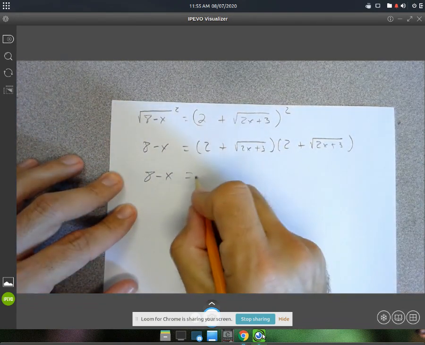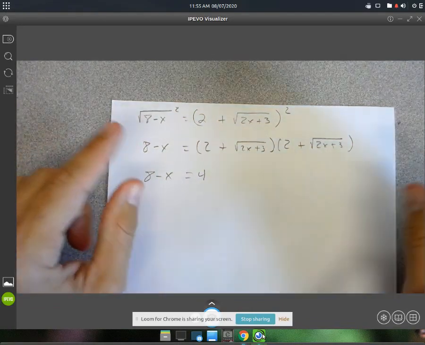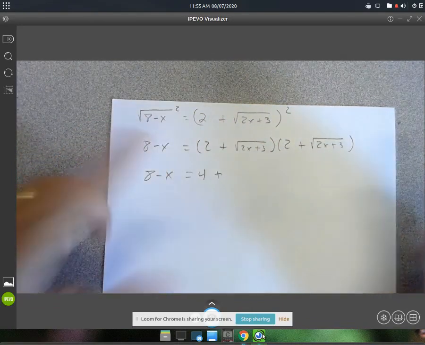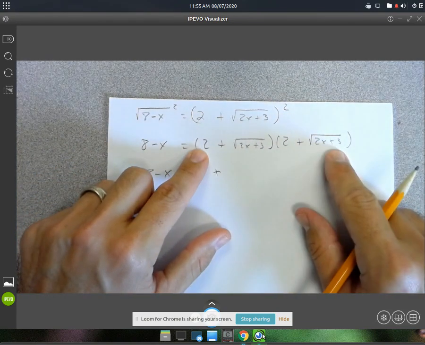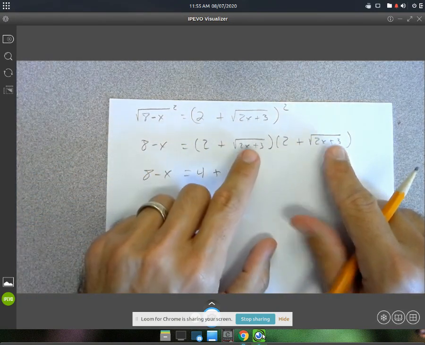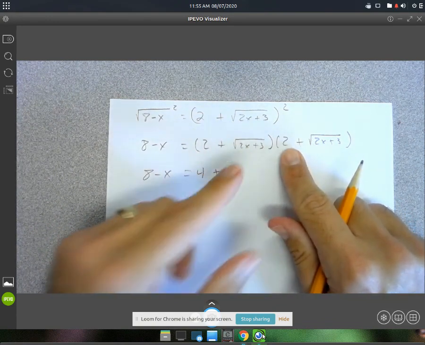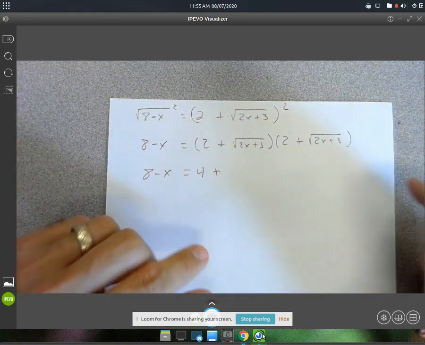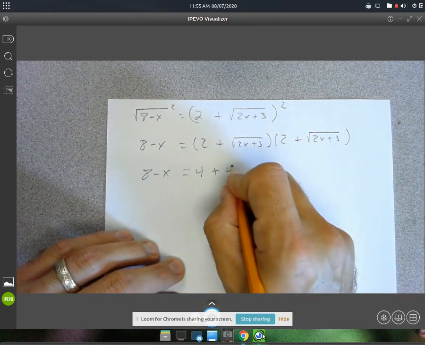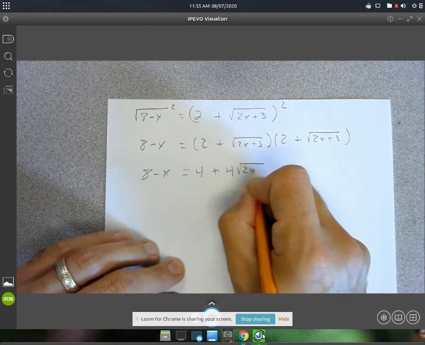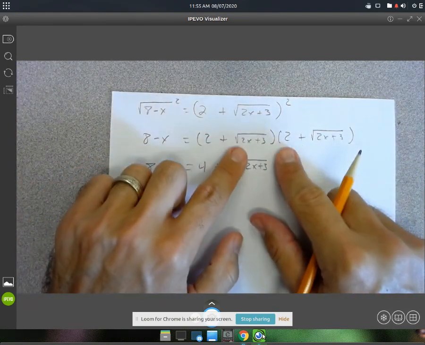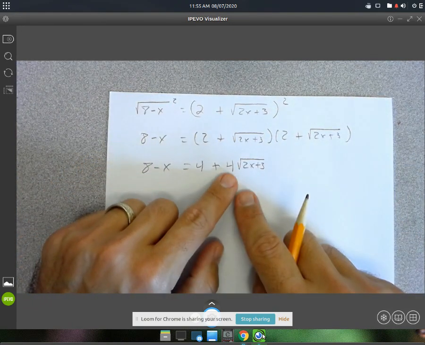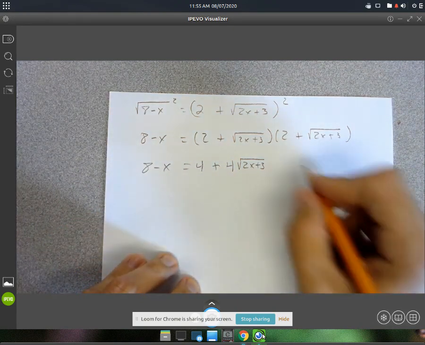2 times 2 just gives us 4. Now, here, everything's positive, so it's kind of easy to keep track of. We have 2 times that. And then next we're going to have 2 times that. So we're going to have 4 of them all together. So that'll be 4 root 2x plus 3. So I'm doing this multiplication and this multiplication, but I'm just adding them up as I go. All right. And then we have